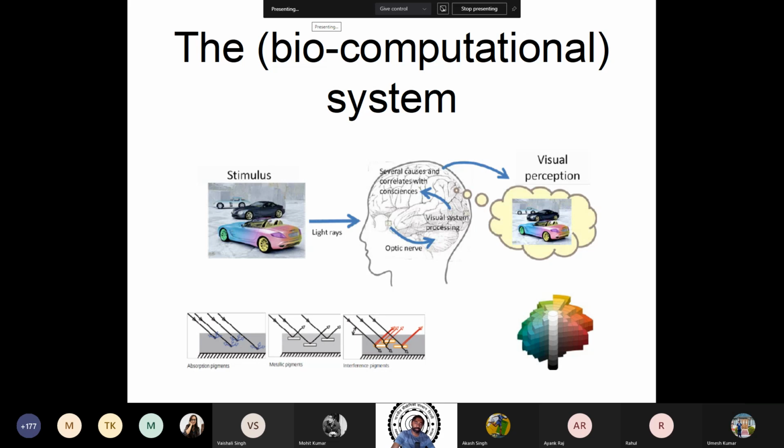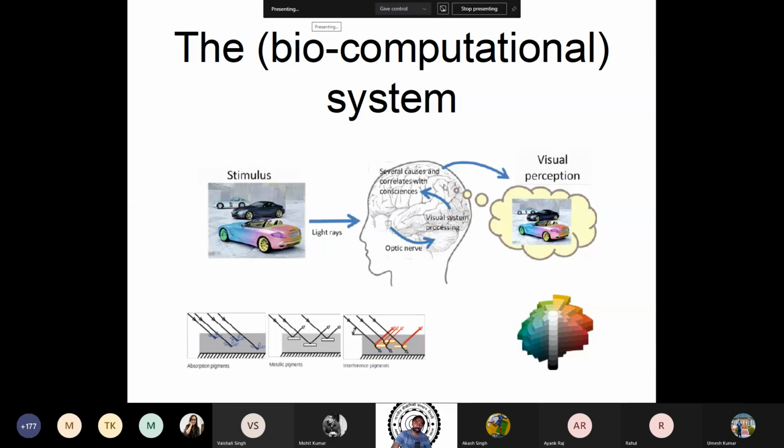Now, if you go a little deeper, this is how I think of it in its overall complexity. So this is what is happening. Here you have a stimulus. Here you have light waves coming in, hitting your eye. As somebody said, an inverted image gets created on the back wall of the retina here. This is taken by the optic nerve to your visual processing system. Here you have five levels of visual processing, from V1 to V2, V3, V4, and V5.